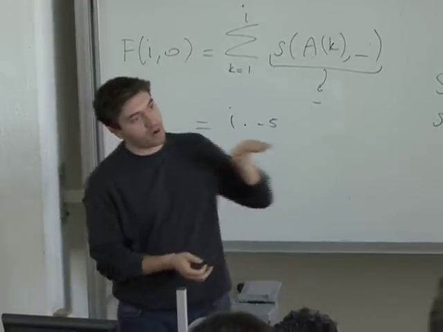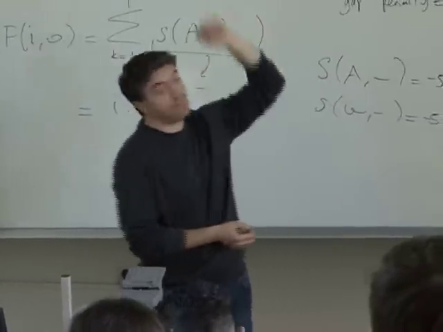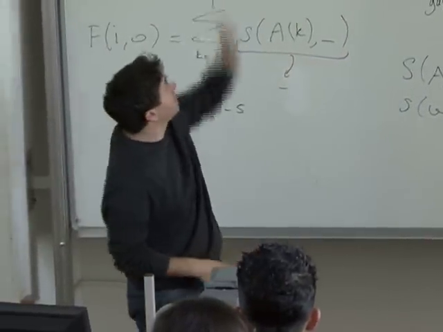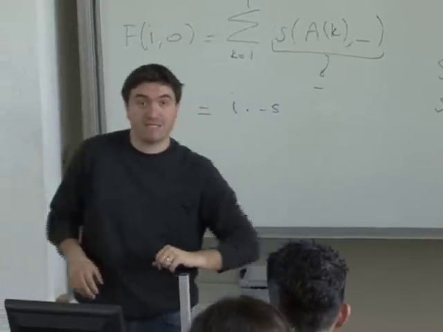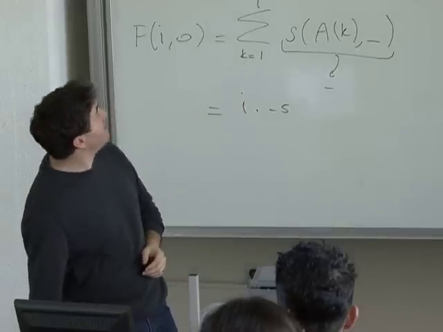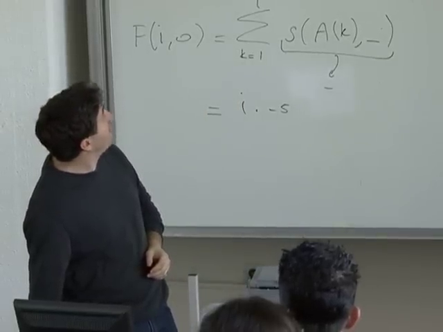But if you are going on a horizontal path, you are consuming letters from the top, but you are still staying at the same amino acid from this column sequence. It means that you are putting gaps again, or you are matching these amino acids with gaps. And similarly, we could have